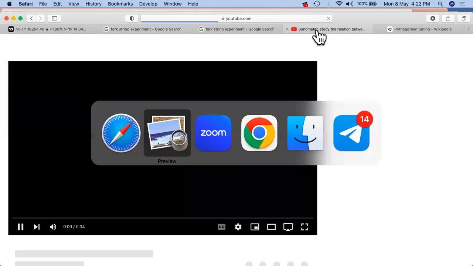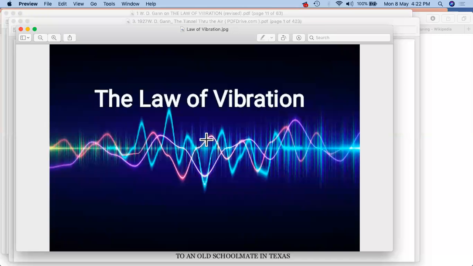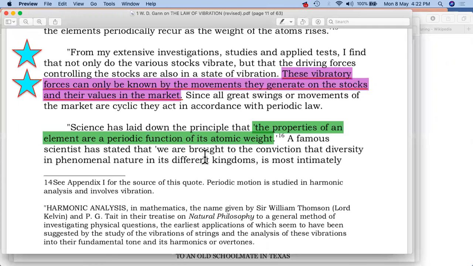And with this we'll be seeing other things also. So probably we'll be seeing a mix of 2 or 3 different things. One is the details which have been given, especially in terms of what WD Gann has to say, because, for example, there are books which have been written by WD Gann. They also talk about vibration specifically, and with these books we will be able to know about the theory part. Let's say, for example, he says, let's say this is page number 11.